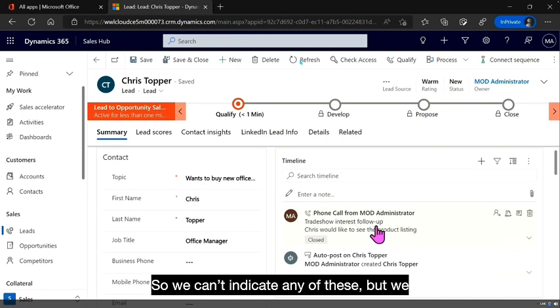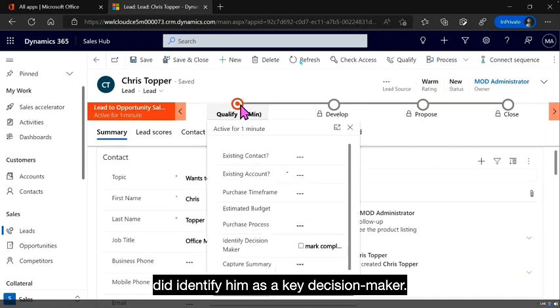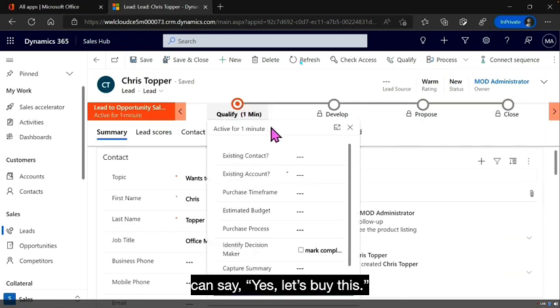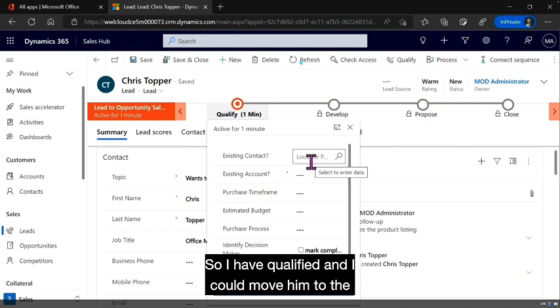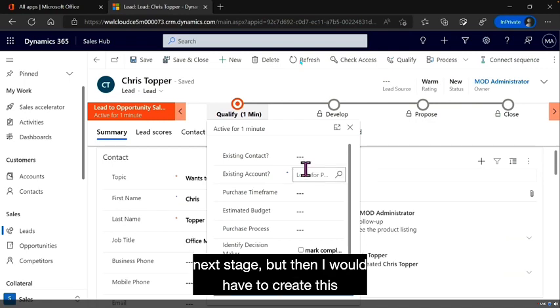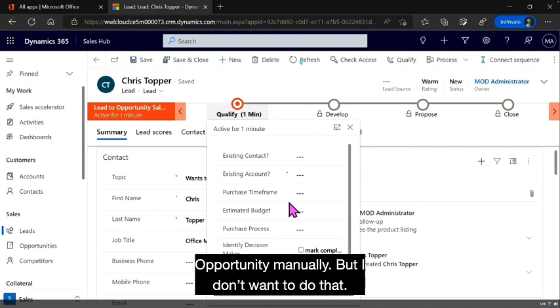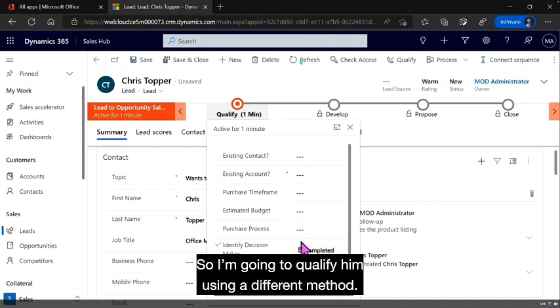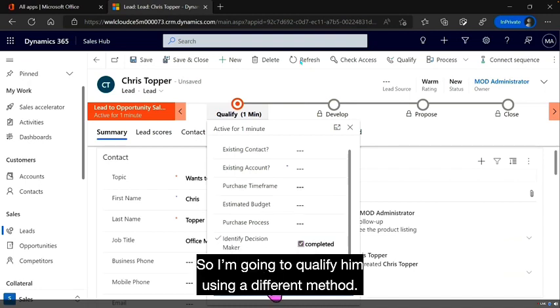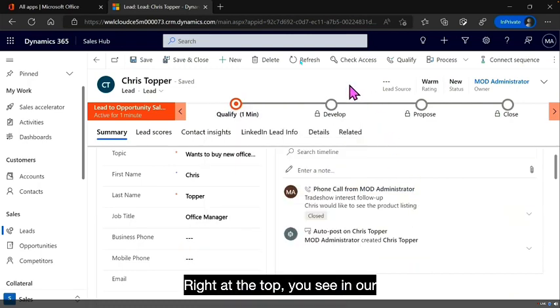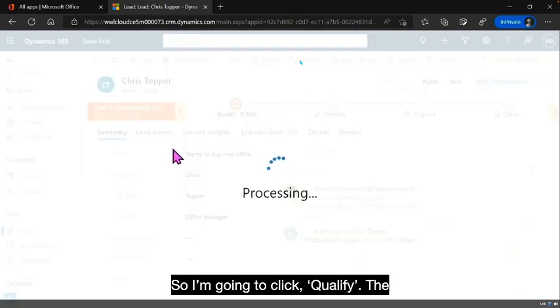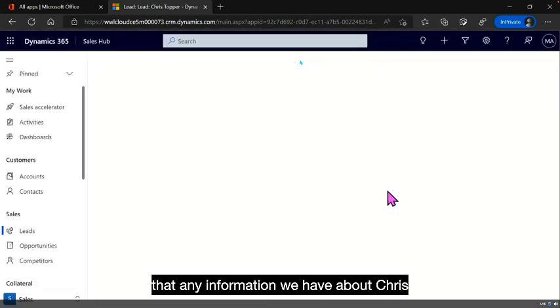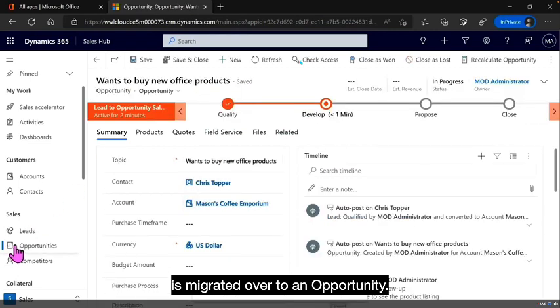The advantage of doing it in this fashion is that any information we have about Chris is migrated over to an opportunity. So you see we were in leads just now, and now we're in opportunities. All of the details have been transferred over, and we move from the qualify to the develop stage. All our timeline activities have also been migrated over. And you see my open leads is now empty, and we have one opportunity, which has been moved from lead to opportunity. Now that we've learned how to create and manage a lead in Dynamics 365 Sales and move it to an opportunity,